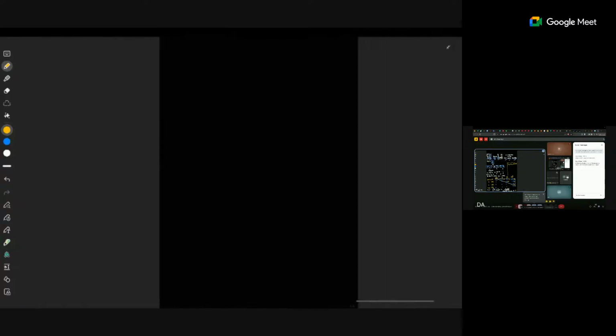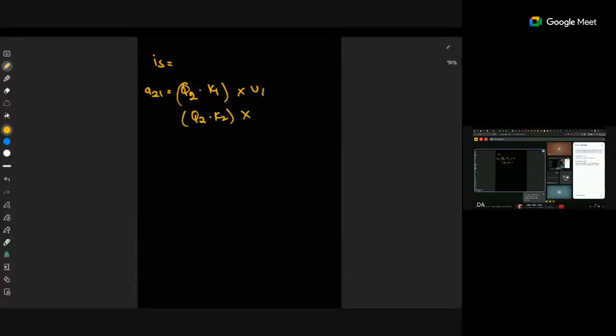Now, of course, you get a score, and these scores are logits, and they don't exactly make sense. That's why you have to perform a softmax activation function on them, to make them look like probabilities, and then the values begin to make sense. What I mean by A21 is that you are doing the dot product between Q2 and K1, then you are crossing it with V1. You also do Q2 K2, which will be for V2, so A22. So once you use a softmax activation function to calculate the probabilities,